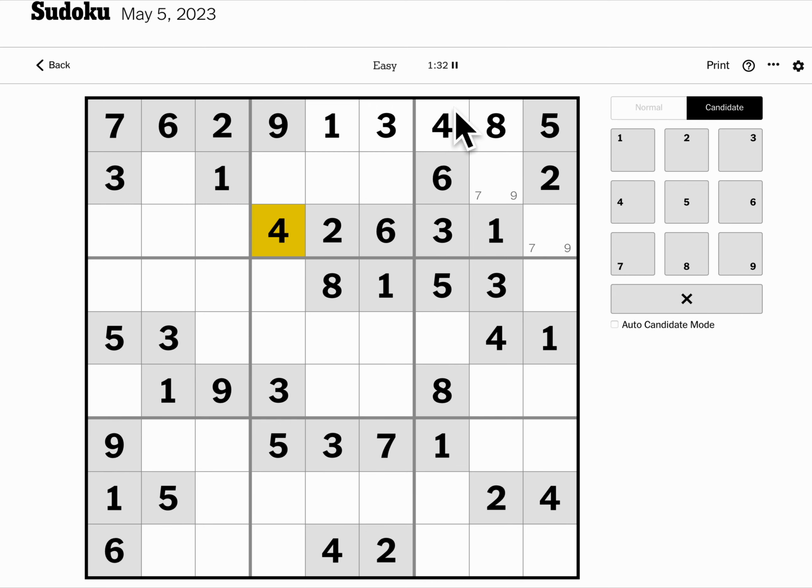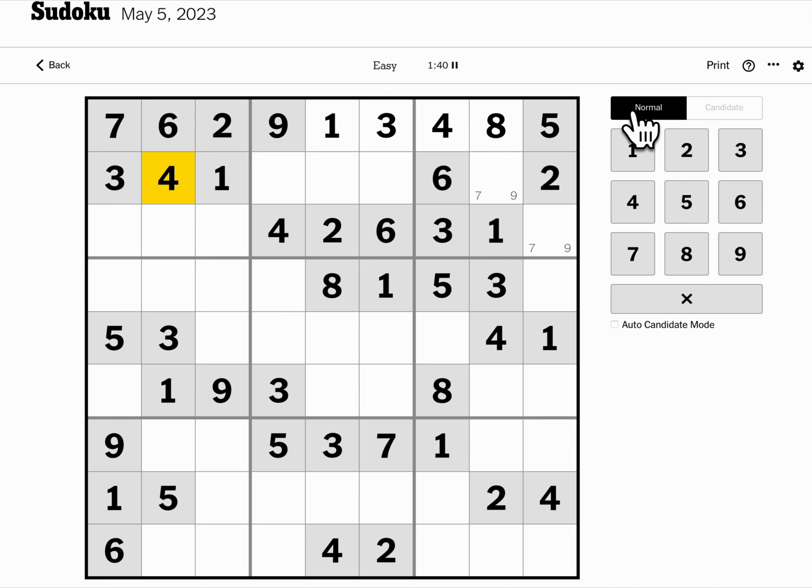But I've got 2 4s in my top 3 rows. The bottom in box 2, the top in box 3. It must be in the middle in box 1. There's only one place left. See, do I have 2 of anything else? Okay, these 3